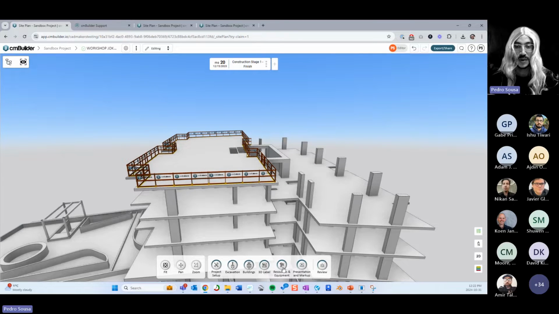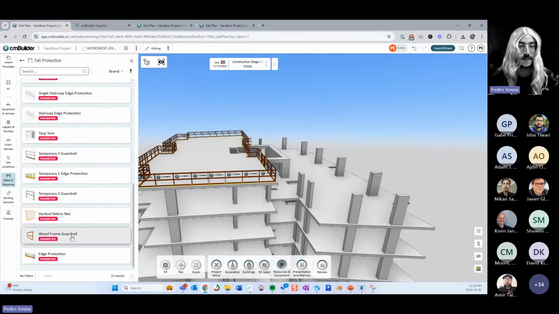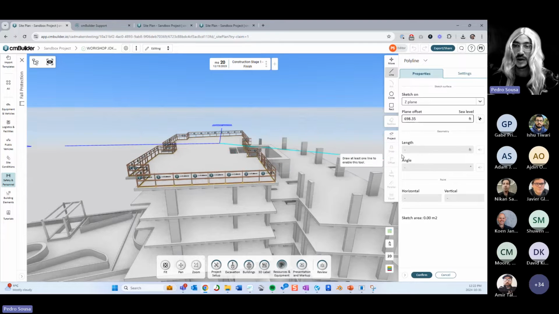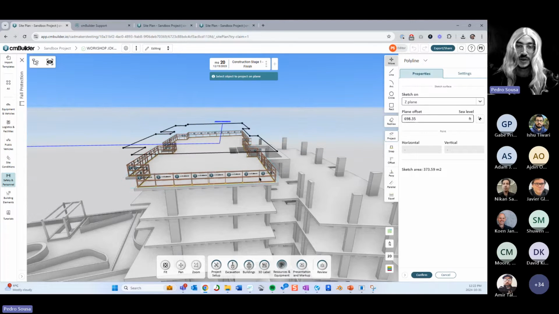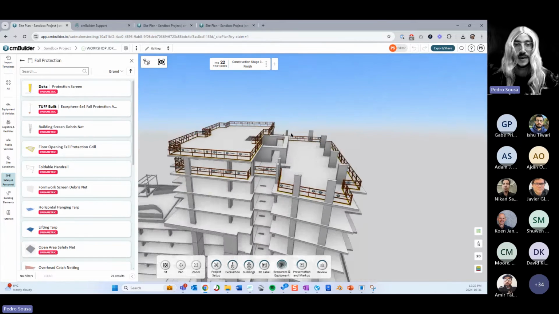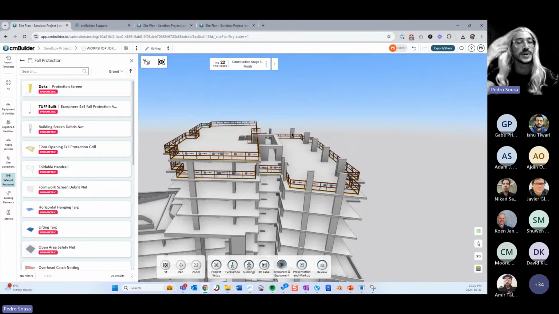simply create my slab protection on the top part over here. And then I can use the projection of the previous one on the top one, right? So when I hit confirm, now this slab protection is supposed to show up at this milestone only. Okay, so that way you can create the sequencing of safety measurements and so forth,